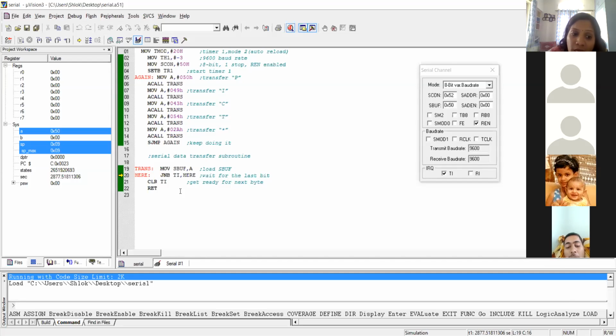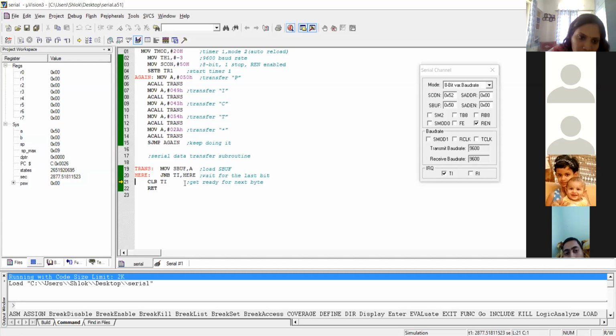Only when the character is transferred completely does the TI bit become 1. Then we need to clear the TI bit for the next character.